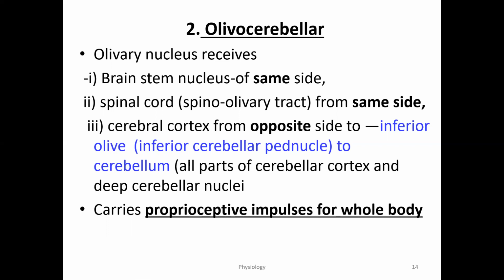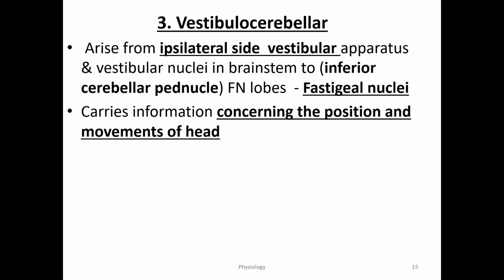Now, what is proprioception? We have already seen it in the sensory system. It is nothing but the perception of movement. Again, in practical hours, we are going to see how to check proprioception. So, perception of every movement. We ask a person to close the eyes, and then we move the person's shoulder, elbow, wrist joint or fingers, and the person perceives that movement, and that is called proprioception. And this proprioception is because of the olivocerebellar tract.